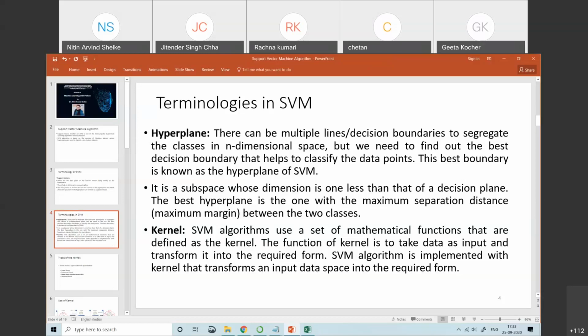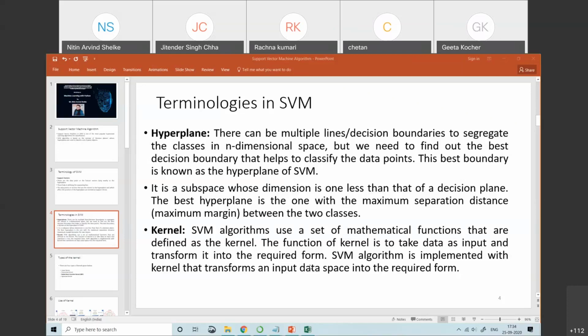Now, kernel. Kernel is one of the main parts, I can say the heart of the support vector machine. Kernel is a set of mathematical functions, and the function of the kernel is to take the data as input and transform it into the required form.